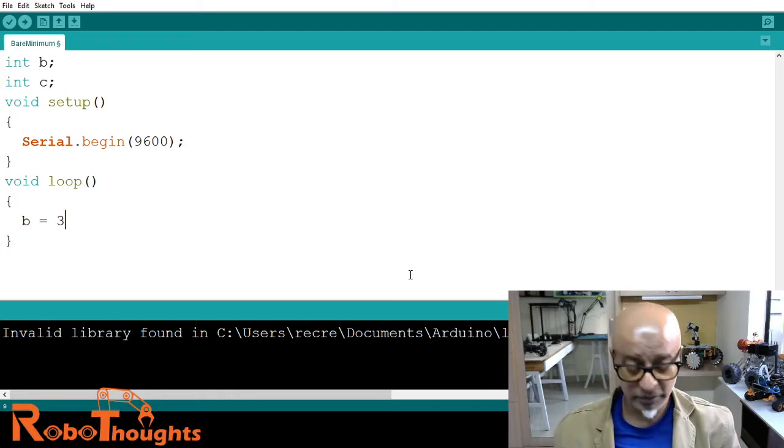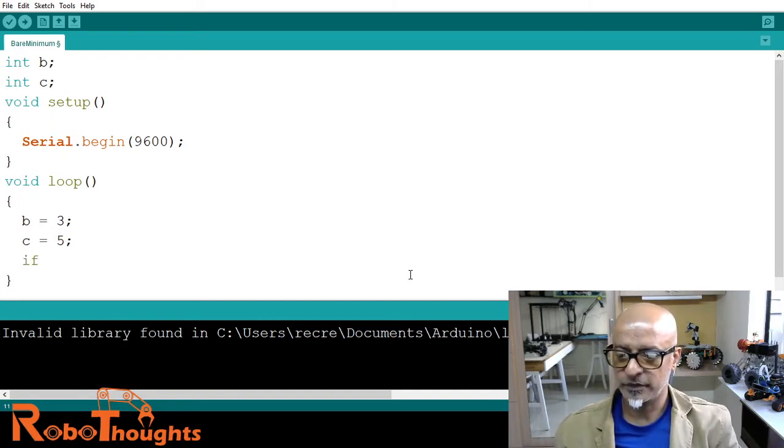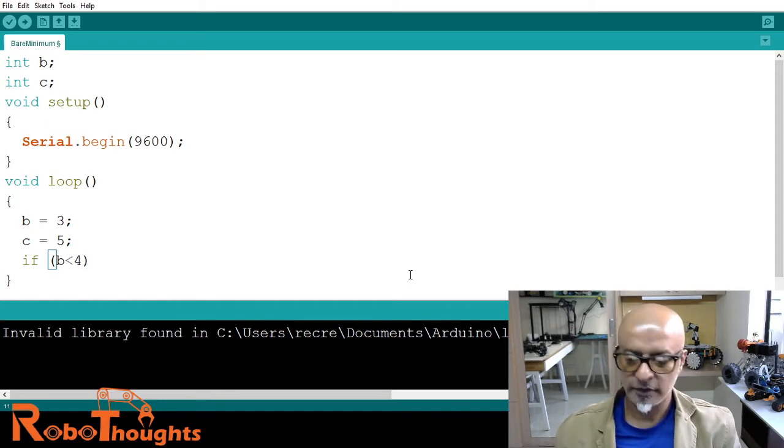So b equals 3 and c equals 5, any random example. Then in the loop, let's use an if statement. Can you see the color changes immediately? If b is less than 4, then